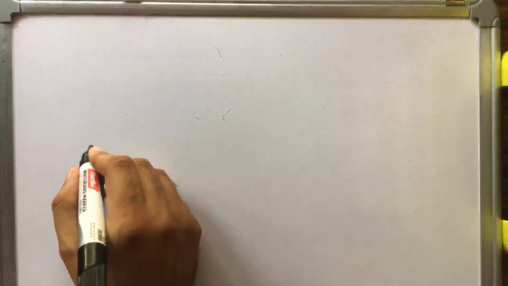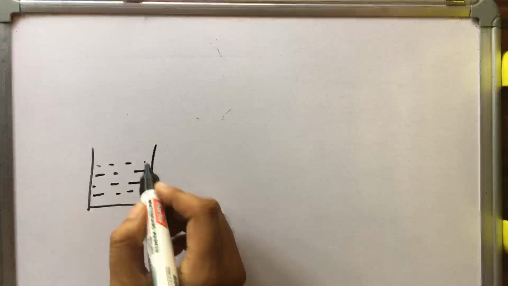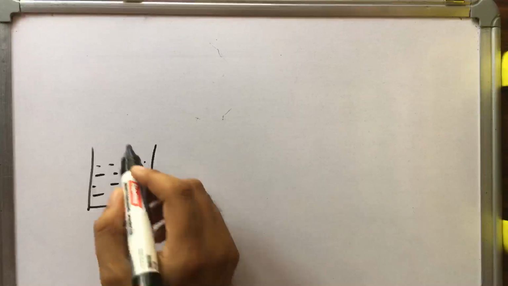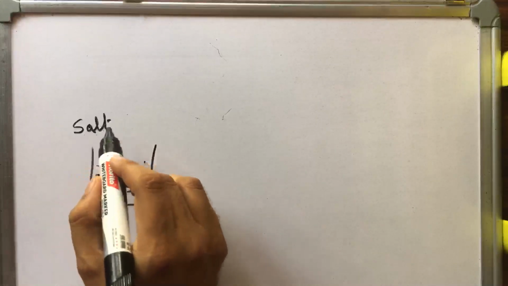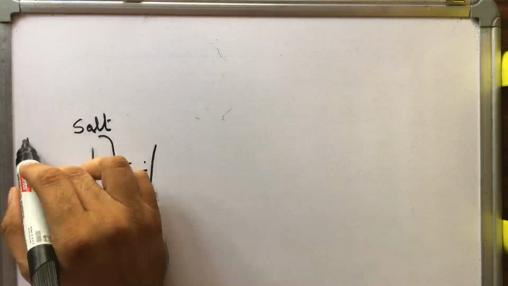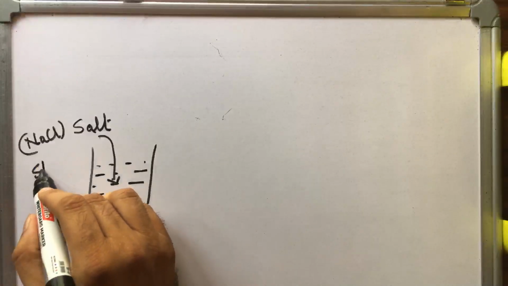What are colloids? We need to know the three types of solution: one is true solution, one is colloidal solution, and we have three types. Let us see what the three types are now. Let me say that I have taken a beaker where I have some amount of water. I'll add some amount of salt. Salt in the sense I'm telling NaCl. Salt is added. Then stir it.